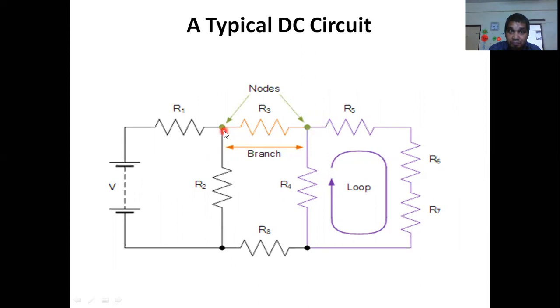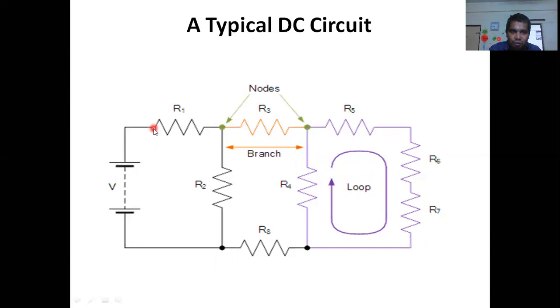We say branch or path, both are the same. Branch, this is one node, this is one node. Why am I making a node here? Because suppose a voltage is there and a current is coming this way, it will get diverted to here and here, right? So this is a node. Similarly, the current coming here will divert here and divert here. So this is a node.